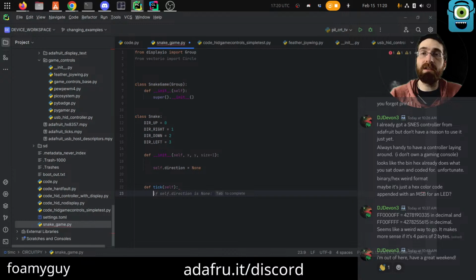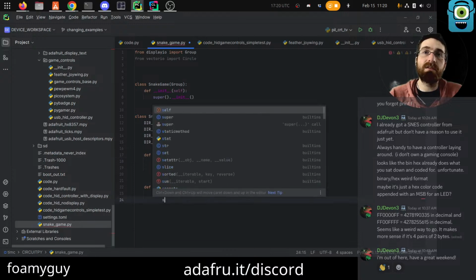Okay, def tick, like the game tick, and then when we do a tick, what we're going to do is basically move 1 step in the direction that we want to go. If we wanted to get fancy, we could make these be tuples that represent the actual change, which is kind of convenient, actually. Let's just do that. So that's 1, 0. That's 0, 1. That is 1, 0. Then we can just say,